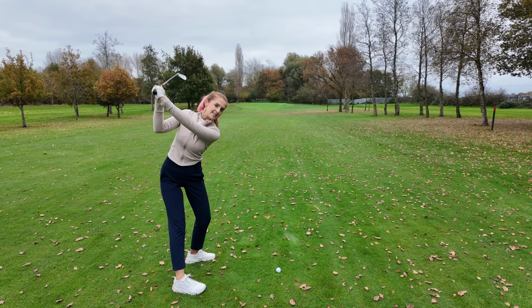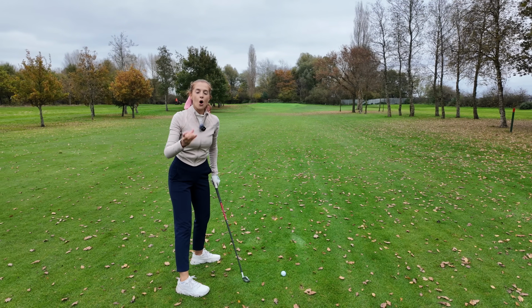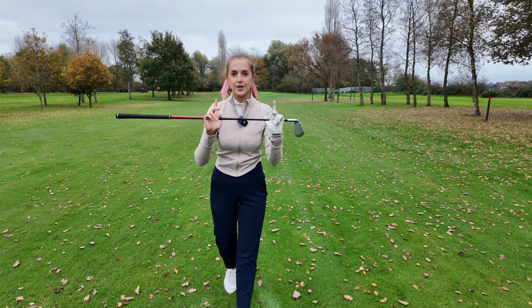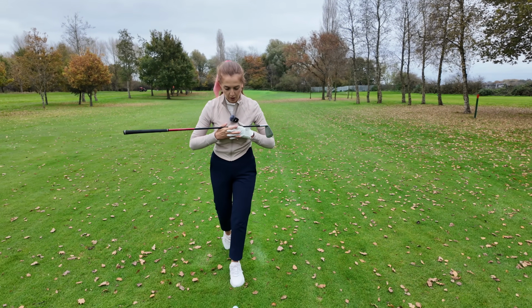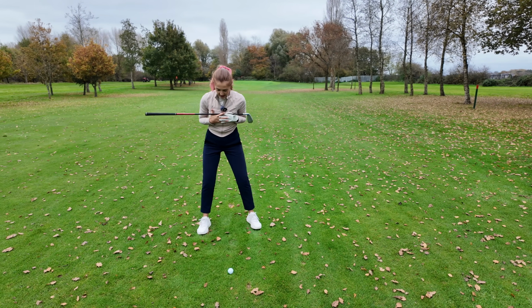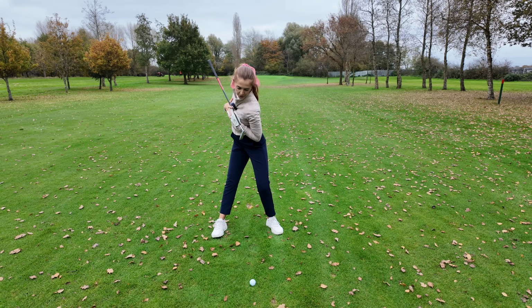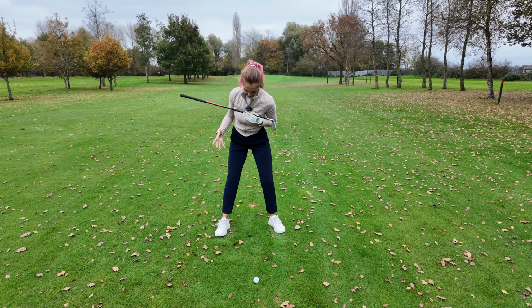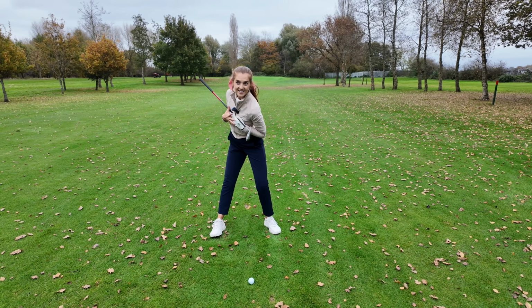We've not turned at all, and because of that, we've not shifted our weight, and we're not creating power. So drill number 1 is one of my favourites as always. Just pop the club on our chest, get ourselves set up over the ball, and rotate the club head down towards the ball, okay? You can see straight away the weight shifting onto the trail side, my chest is turning,